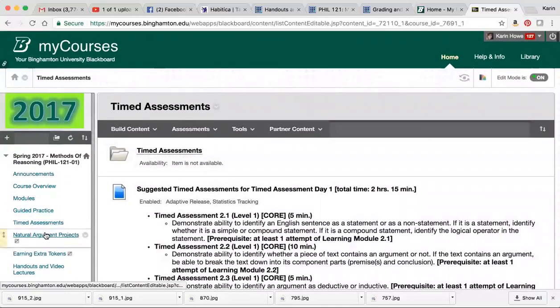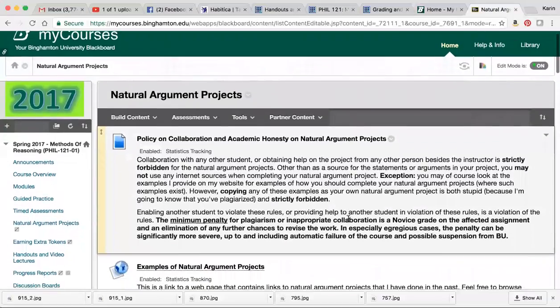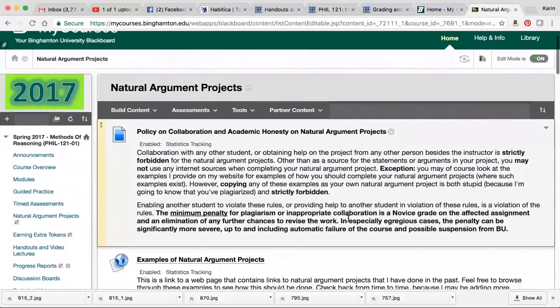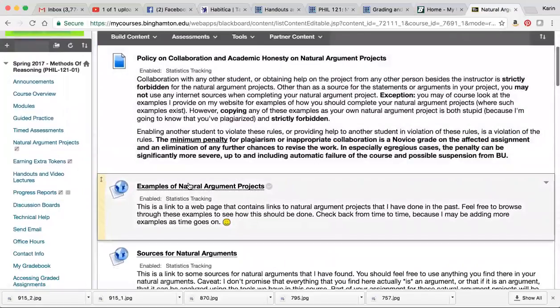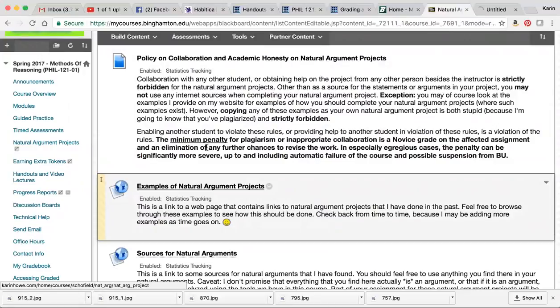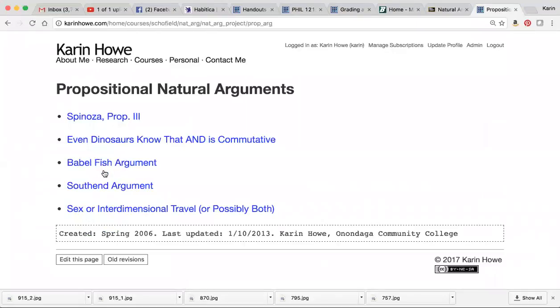Okay. All right. Then natural argument projects. These aren't open and available to you yet, but when they are, this is what they'll look like. So there's just the policy for collaboration and academic honesty for all the projects. Then there is a link to some examples of natural argument projects. So these are ones that I have done, so you can kind of see how this works, like how you might do this. So here's a natural argument